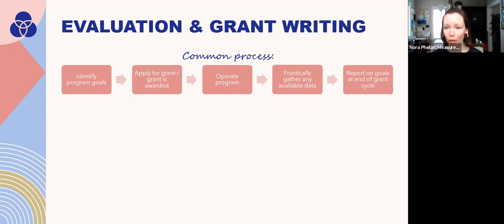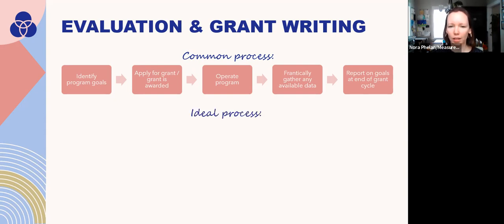It's stressful for the grant writer as you're trying to pull things together and prove to the funder that their money has gone to good use. It's stressful for program staff if they feel like they're being asked for information that they didn't know that they were supposed to collect. If there is any evaluation staff or team, they can be frustrated that they're only pulled in at the end of the process to try to sort of work magic with numbers instead of being involved from the beginning. I don't know if this looks familiar to everybody. I think especially in smaller nonprofits, you know, where obviously funds are scarce.